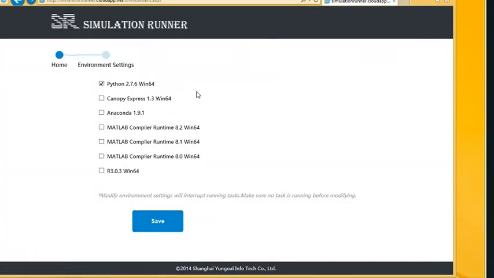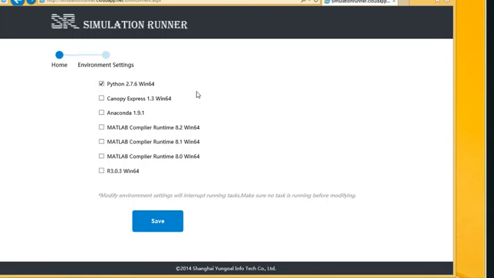So the way we've envisioned it is to allow you to go to a web page and simply say, here's my Windows Azure credential, and I want to go ahead and deploy a cluster with any of these installed. So what I've included here is the Canopy, Python, just a generic Python. Canopy is something that is done by a company called Enthought. So it's a 64-bit version.